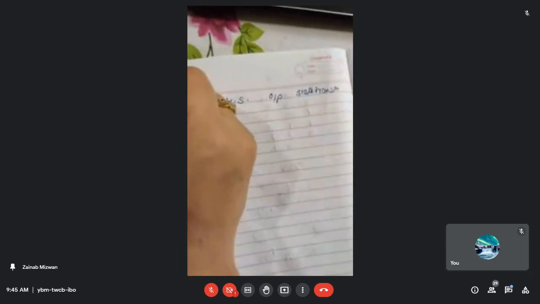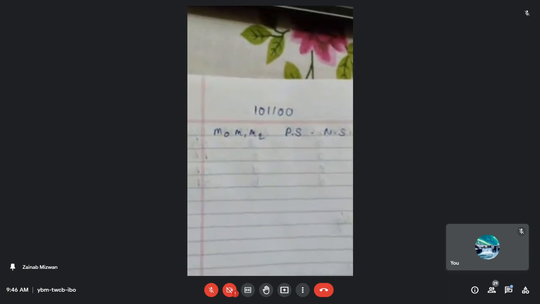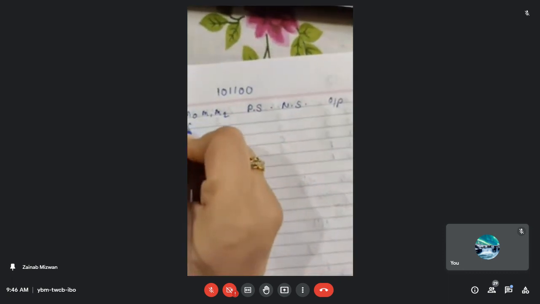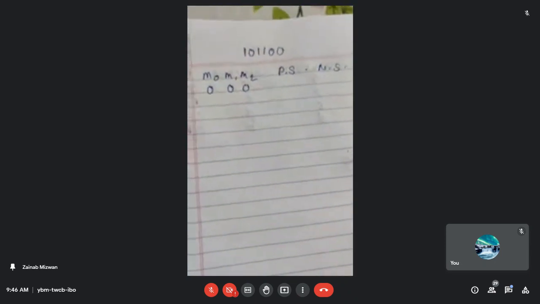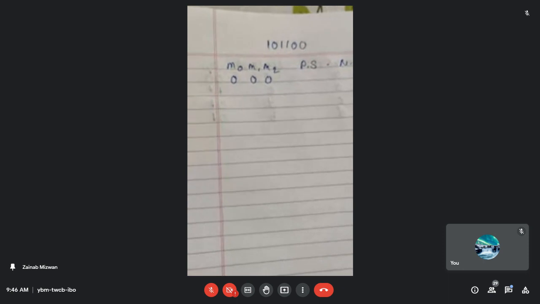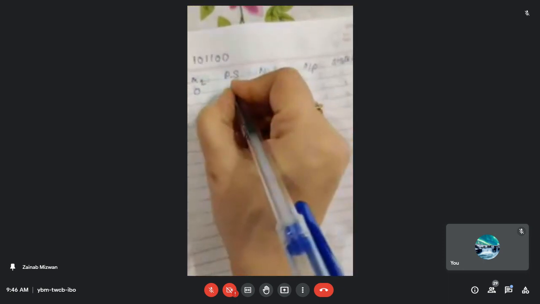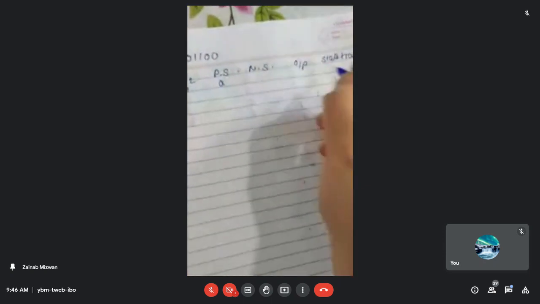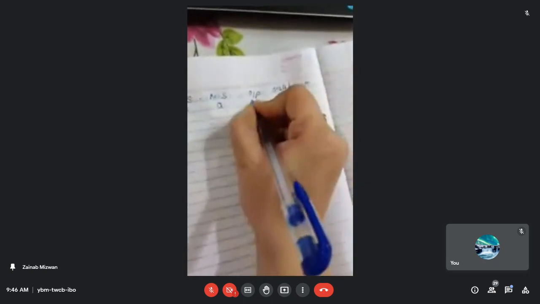So what input have we taken? The input is 1 0 1 1 0 0. First of all, initially we will always start with 0 0. Why are we always going to start with 0 0? Because it will be easy for you to make out that the current state will always be the state A. So we can see over here the present state is A and the next state is also A. What about the output? The output will also be 0 0.